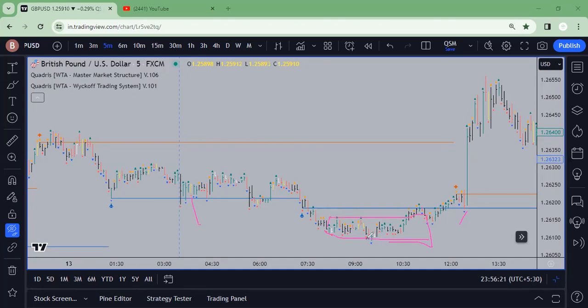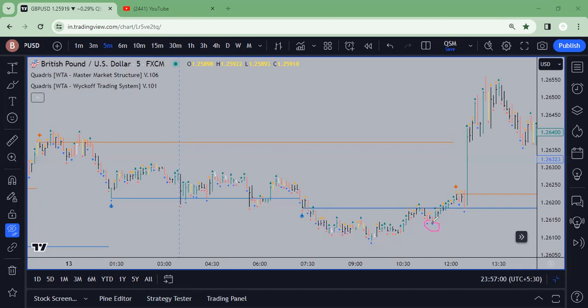As I told you, and as I always tell people, accumulation for me, as per Wyckoff, is an idea. If we want to apply it on the live chart, then we have to consider it as an idea. It's an exchange of hands between sellers changing hands with buyers. So it starts with red candles and it ends with green candles. So you can see more green bars are forming up, and after that, this was the